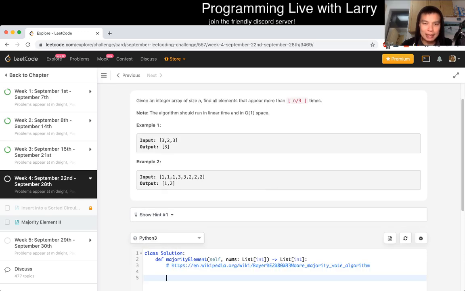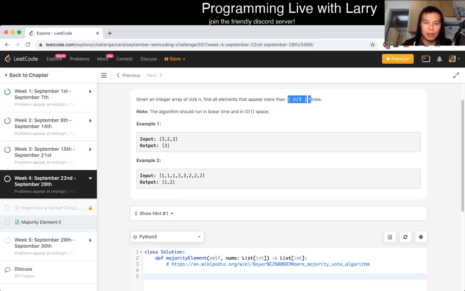before. But my guess is that, given n over 3, by pigeonhole or whatever, at most it's going to have 2 elements, right? Because if you have more than 3 elements that appear more than n over 3 times, then you have more than 100%, which is obviously not possible. So from that, we can just maybe keep track of some counter and then figure out what are the possible